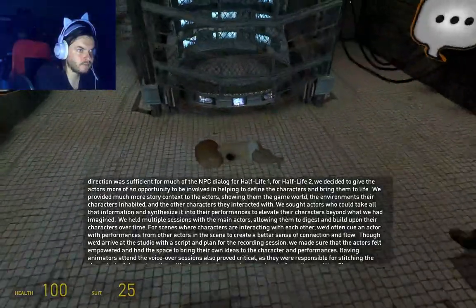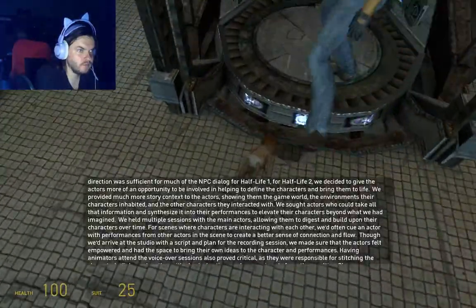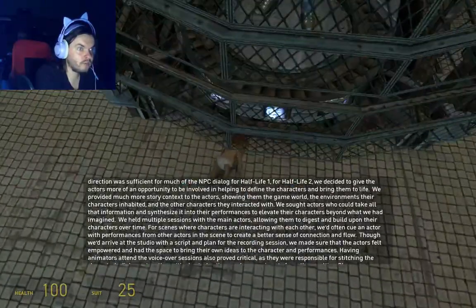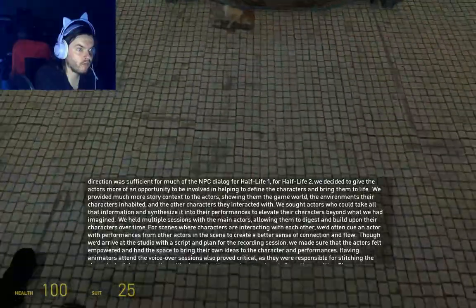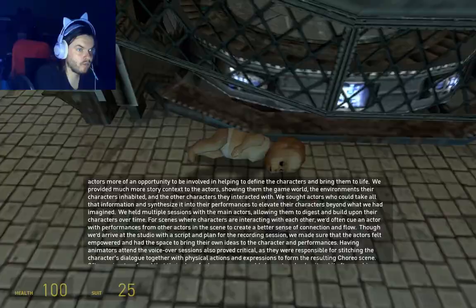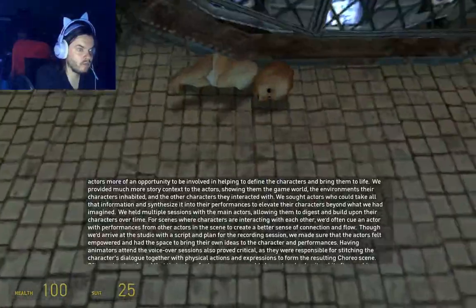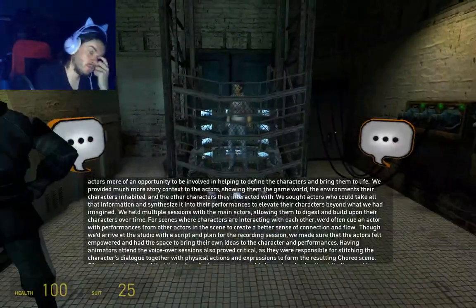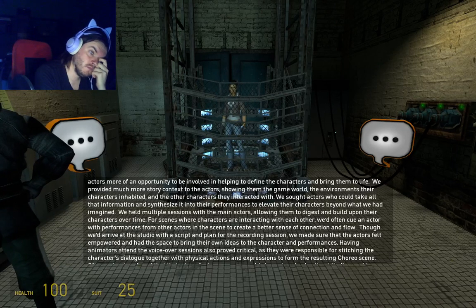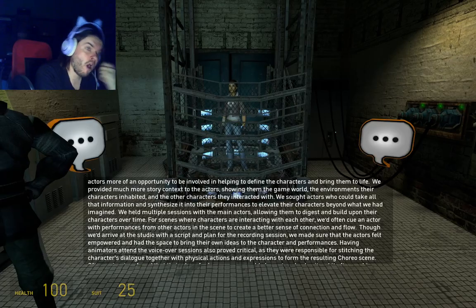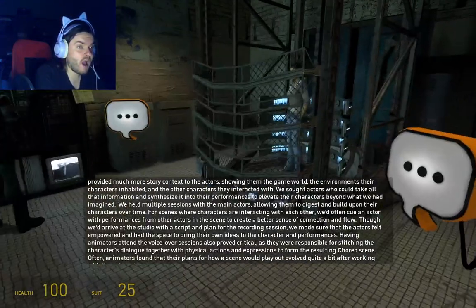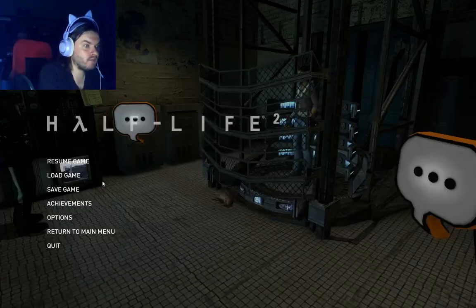We sought actors who could take all that information and synthesize it into their performances to elevate their characters beyond what we had imagined. We held multiple sessions with the main actors, allowing them to digest and build upon their characters over time. For scenes where characters are interacting with each other, we'd often cue an actor with performances from other actors in the scene to create a better sense of connection and flow. Though we'd arrive at the studio with a script and a plan for the recording session,